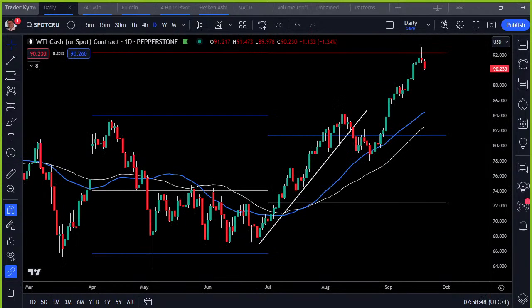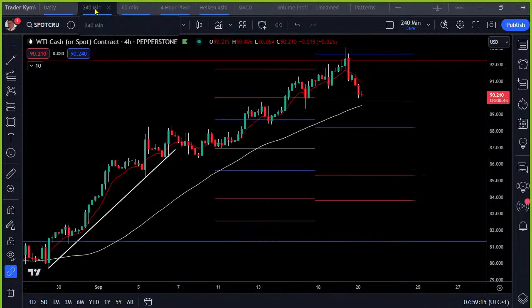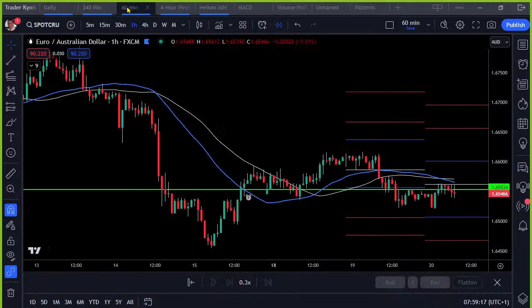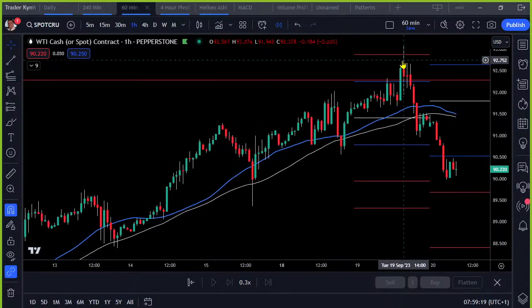Oil, well, we saw West Texas, which I tend to follow a bit more than the Brent oil. It's pushed into its R2 up there on the quarterlies, rolling back somewhat at this stage here. $92 was the sort of area where I was looking for it to run up to, where it's pretty much done that. Had a good old move up there, sold off from yesterday afternoon, funny enough, at 2 o'clock.